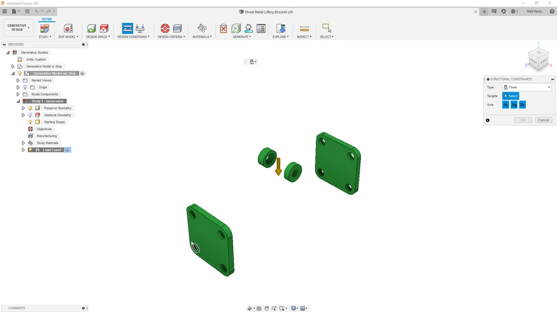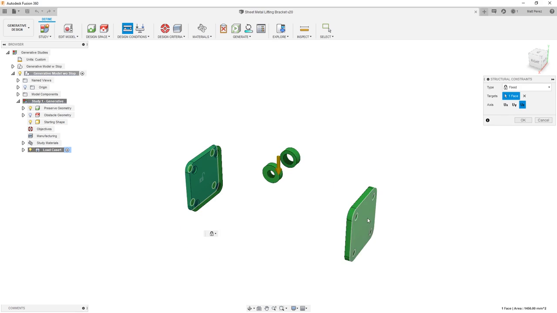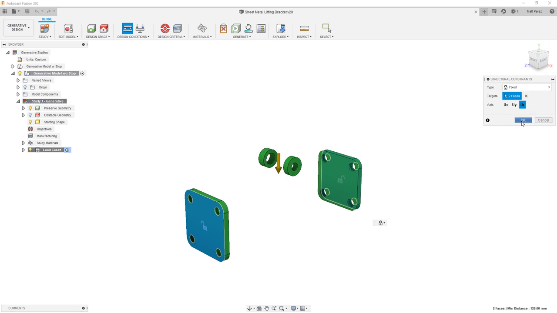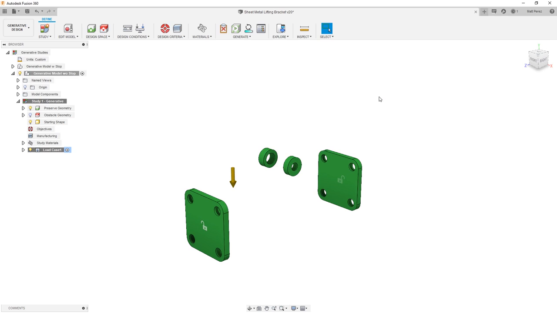For this device, we're going to assume that this plate cannot move at all in the Z direction. So it's physically pushed up against something in the Z direction, and the same thing for the opposite side. So with those two fixed in the Z direction, we're going to say OK, and we've added the first structural